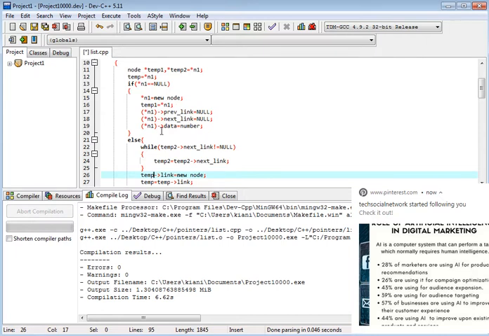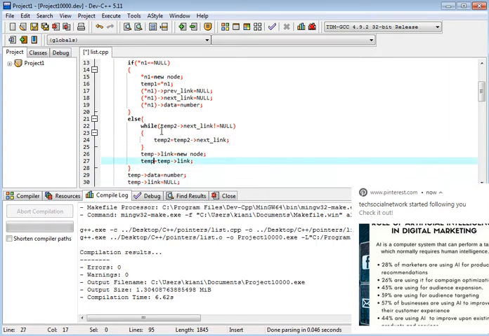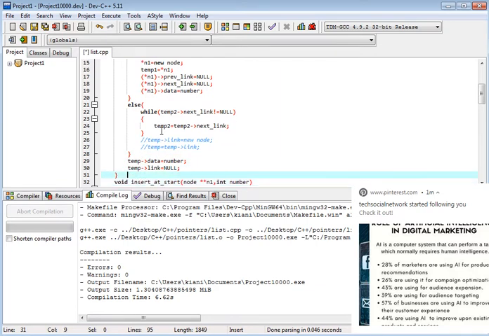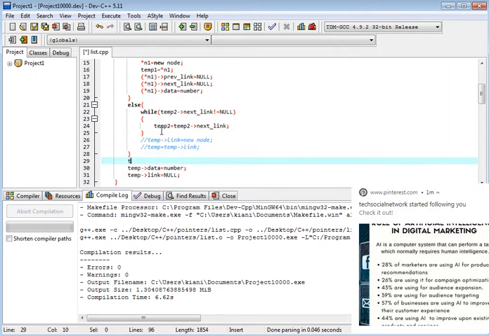Now we have temp1. We have to remove this because we have created this, and now here temp1 is equal to new node.